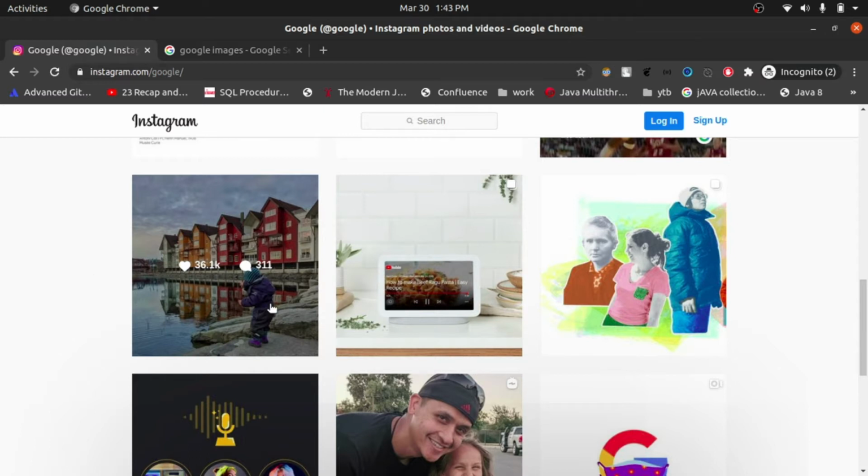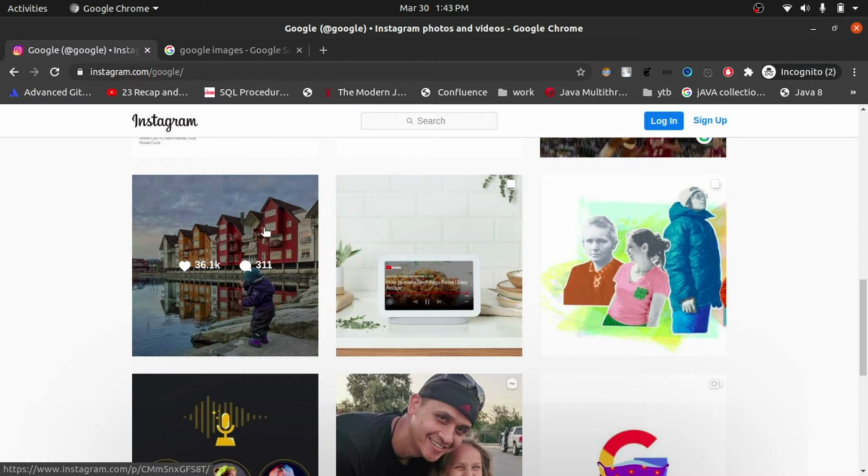So basically Instagram is protecting it, or maybe Instagram is showing this information over the image. That's why the image is hidden behind this HTML element, right? So we have to get rid of this and go to the image.